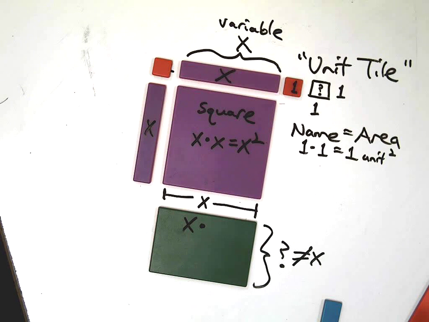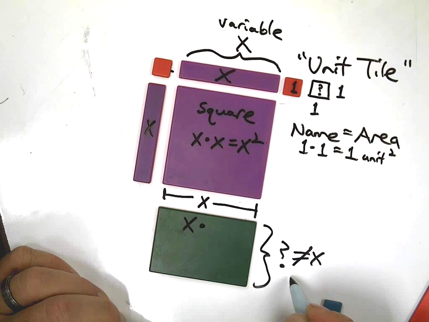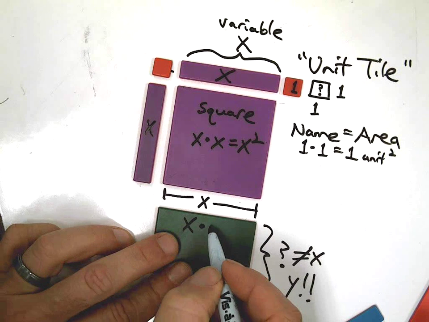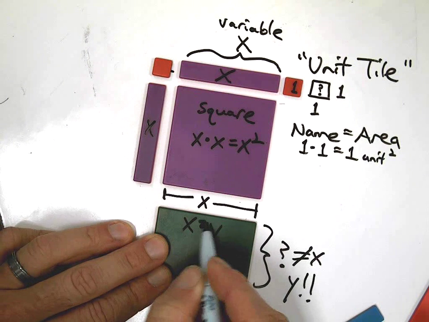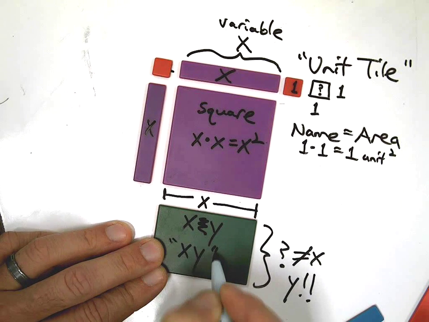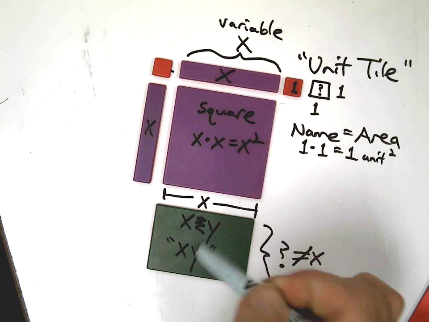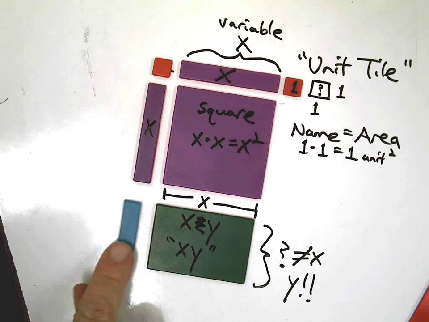In the world of algebra, our next go-to is going to be y. If x is all used up, we have some other quantity that's different from x. We call it y. And so x times y, we're just going to get rid of that guy there, and we call it xy. And hopefully understand why. Okay, so we've got 1, 2, 3, 4 shapes accounted for here,